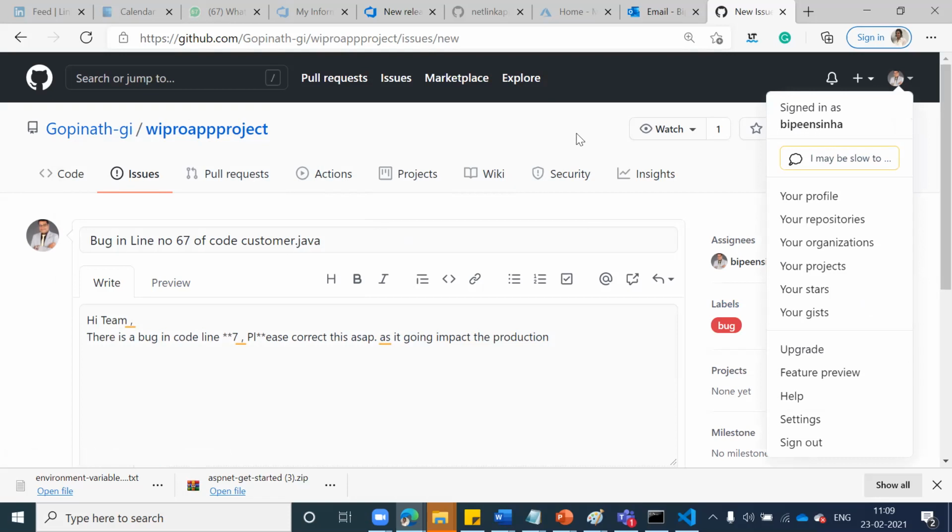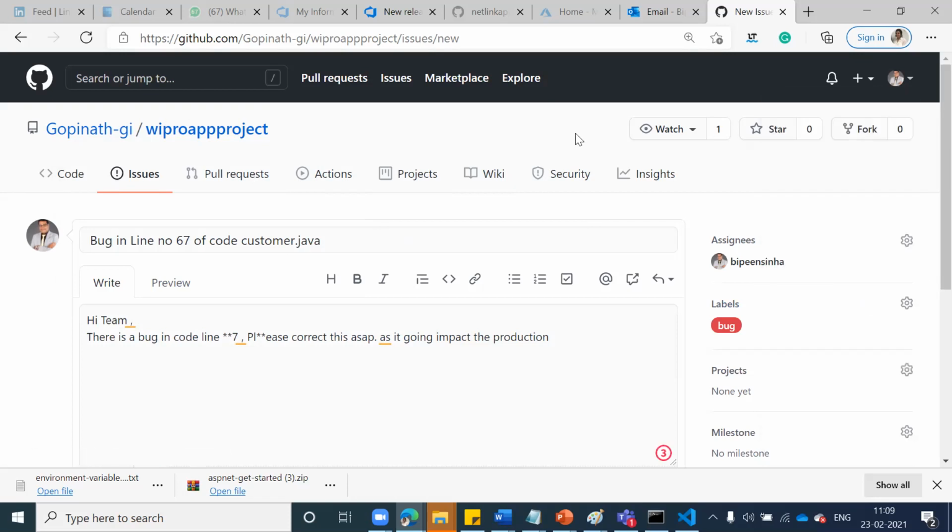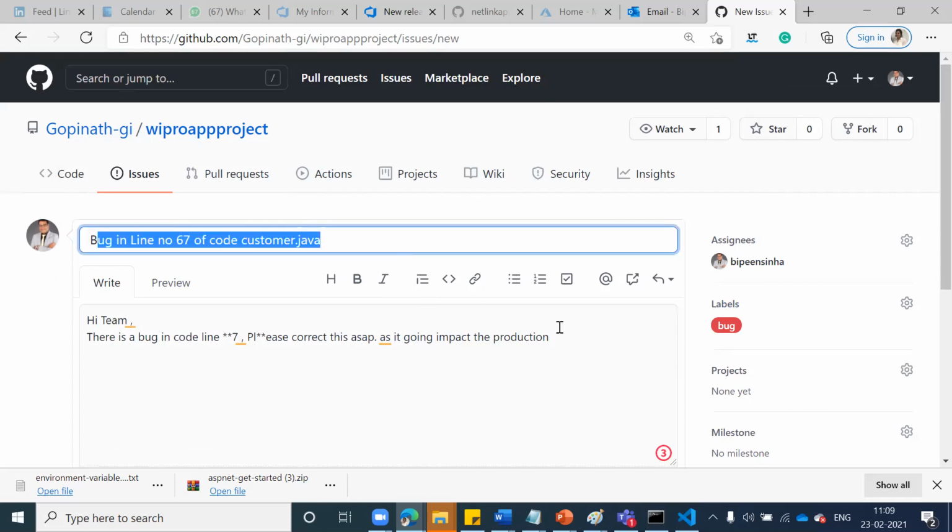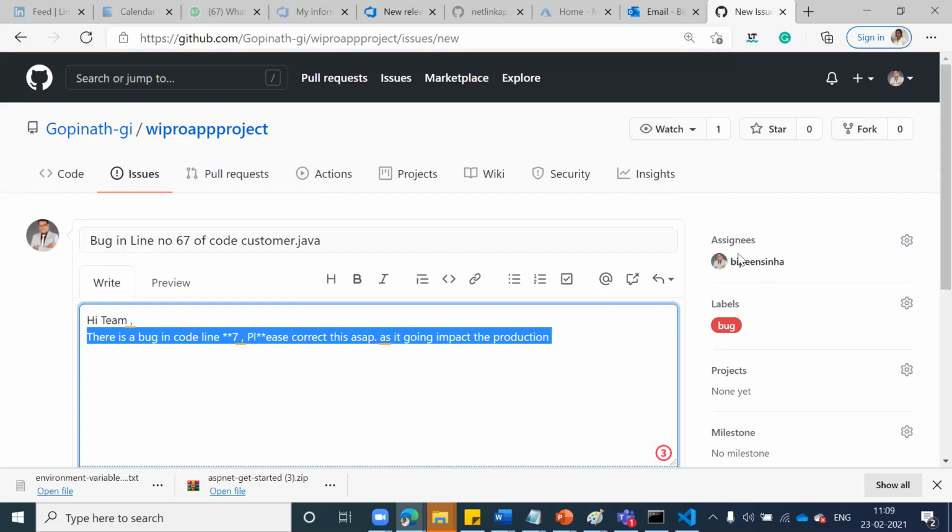One second. Just type all this. Type something here, and assign me. Put a label, and then submit the issue.